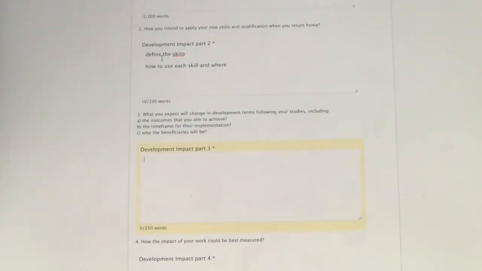And if you used your skills in creating awareness about something, for example, cancer, then you can see how many people are actively participating in activities that prevent or reduce the risk of contracting cancer.